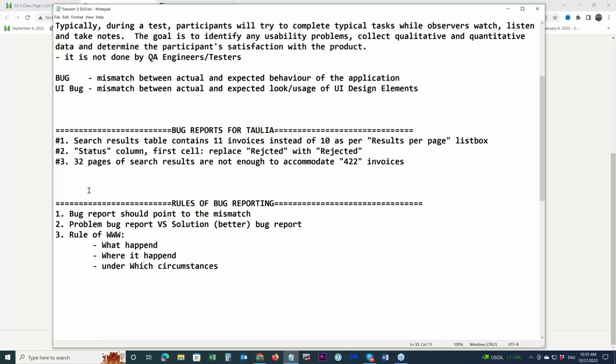So in that, what happened? 32 pages are not enough. Okay, are not enough is what happened. Where it happened? In search results. Not enough is a problem. Where? In search results.